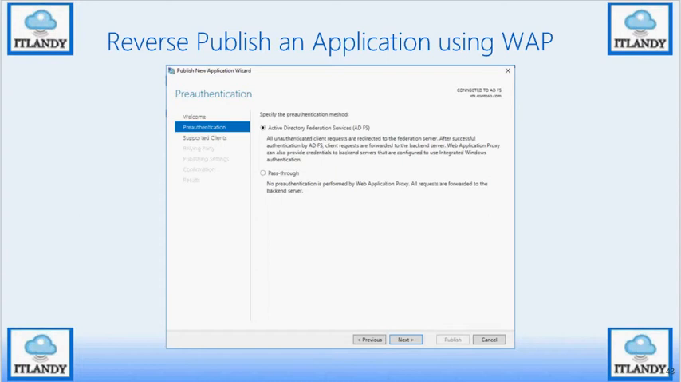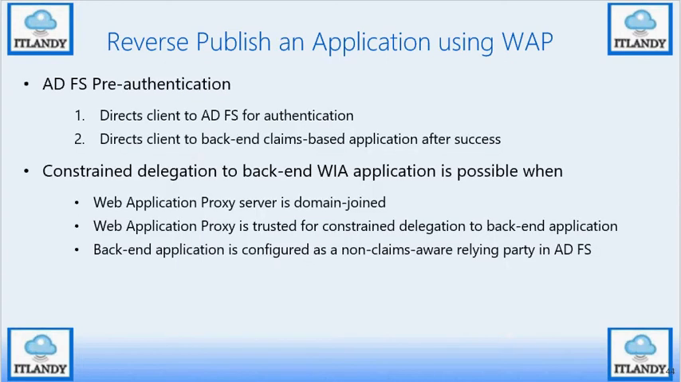Let's have a look at each of these options and see how that will work for us. 1. Pre-authentication for ADFS. Direct the client to ADFS for authentication, then direct the client to the backend claim-based application after success. The constraint with this approach is the delegation. With this approach, there are some issues with delegation to the backend using Windows integrated authentication applications, like either Kerberos or